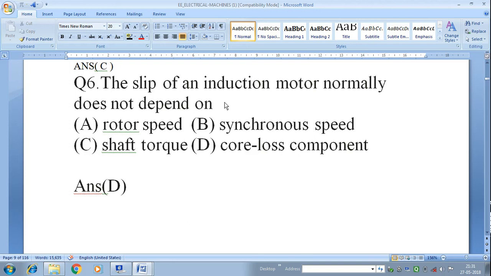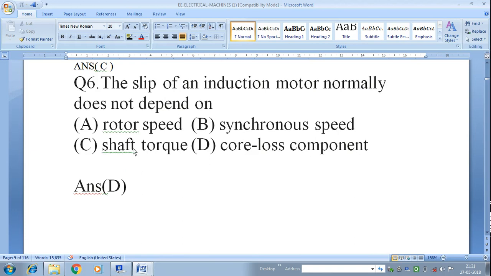Next, it also depends upon shaft torque, because we already know that Ns is equal to 120 F by P, and the slip is related with the torque equation, both the shaft torque and the rotor torque,